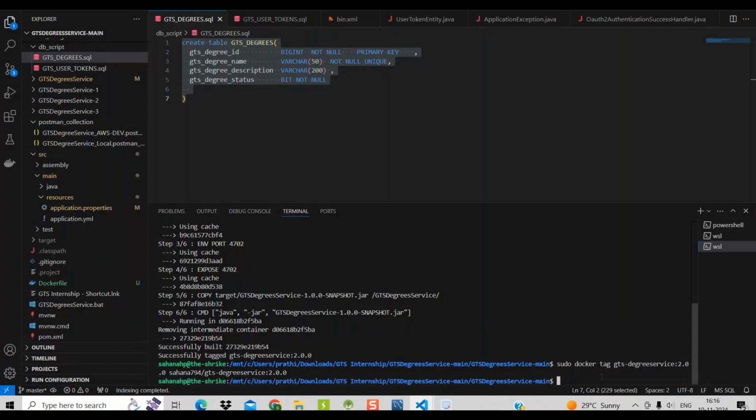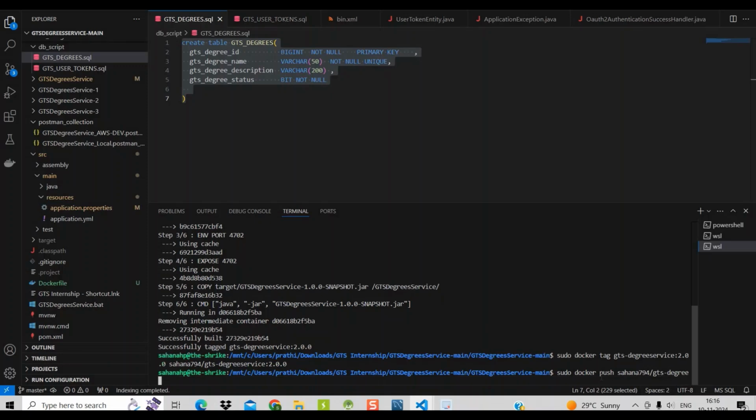Then we need to push the image to Docker Hub. So we use the command sudo docker push 794 GTS degree service